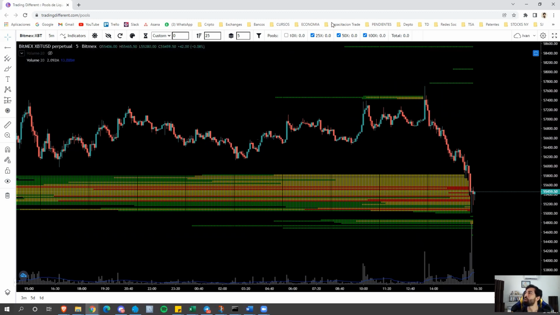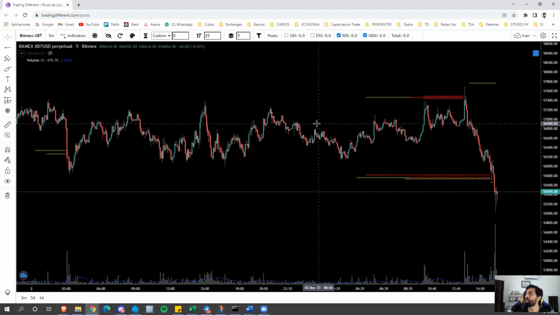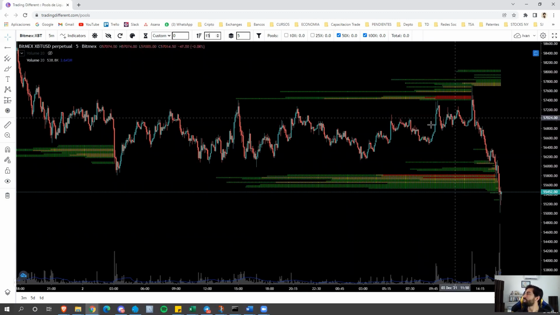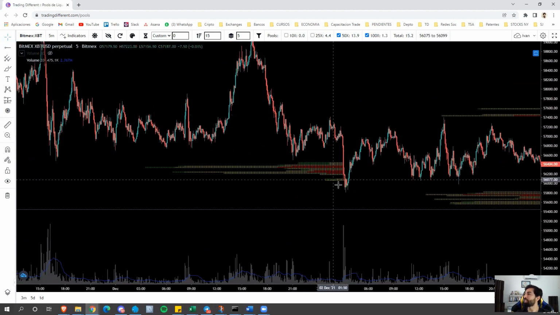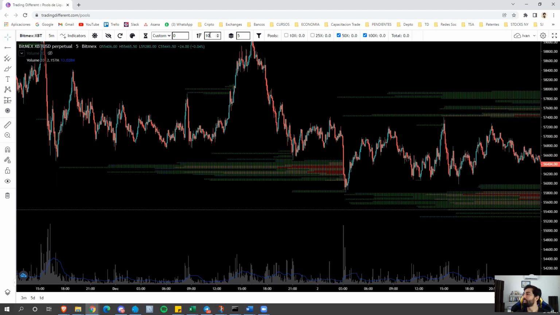If I go to see the 50x zones, I'm going to have to not filter higher than 25, because notice that practically very few zone lines appear to me. Higher than 15, for example, look at how when I go higher than 15 I understand why in this fall it liquidated the 50x zones and it bounced. But if I give it a little more liquidity, I see how it got to the end of the zone